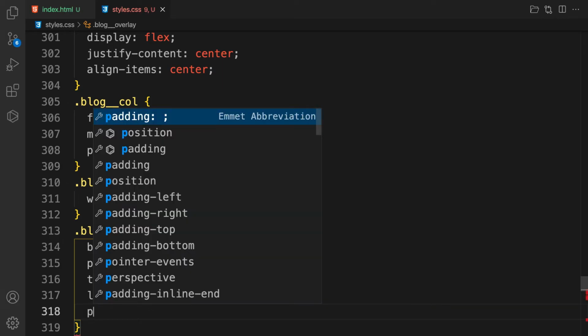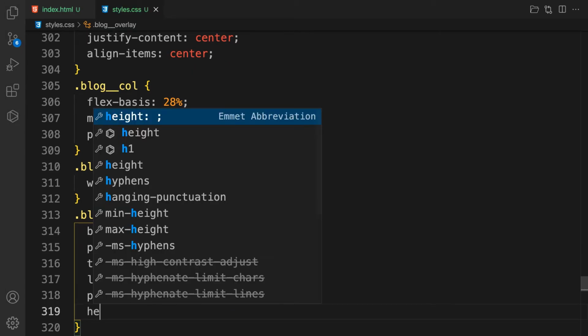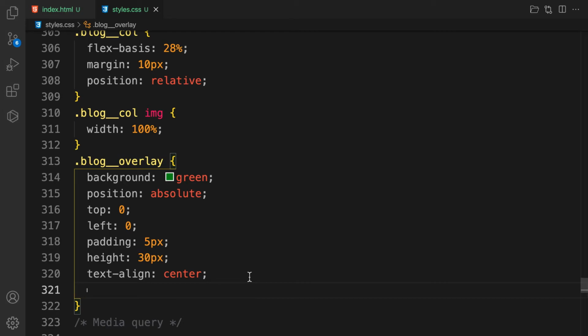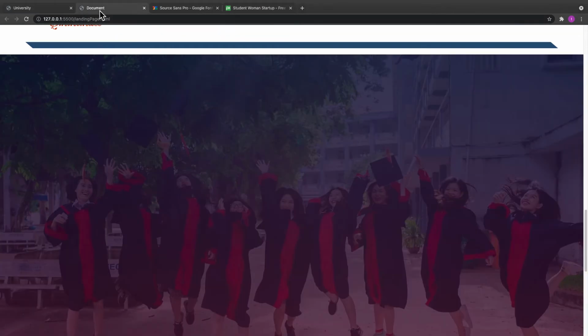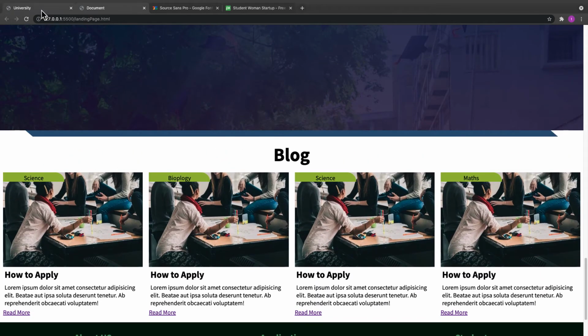So let's give it a padding of 5 pixels, and then let's add a height of 30 pixels, and after the height, let's add text align to be center, like that. And let's continue adding the properties to it. So we have another one going to be the position, the background is green, it's okay. Border top right radius. As you can see, in the final one, we have a sharp corner here, right? A sharp corner here. So